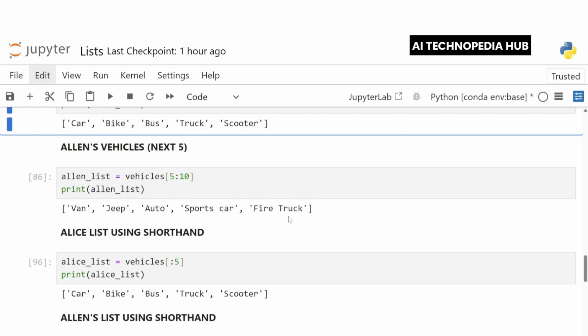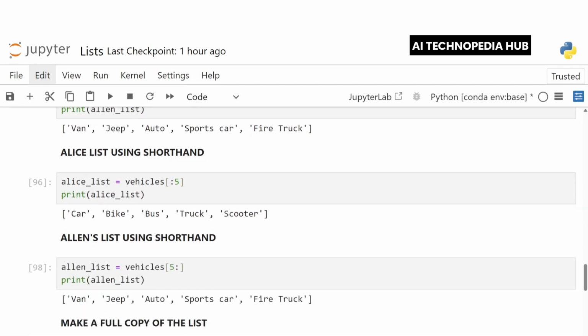Now, Python also allows us to omit the start or the end index to make slicing cleaner. So we can use shortcuts in slicing. Let's see the first example where we have Alice's list using shorthand. Since we don't mention a start index here, Python assumes it's 0.